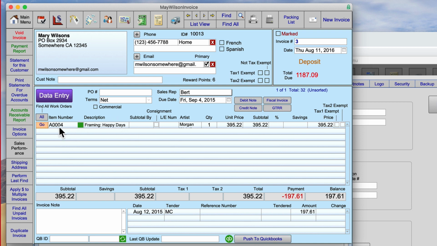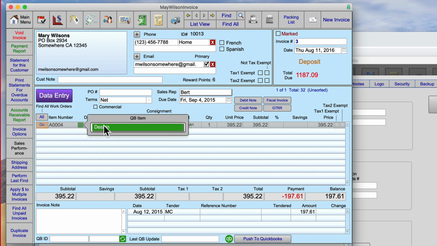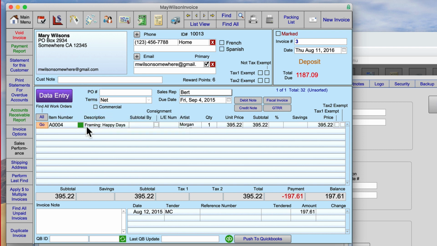One thing about the FrameReady QuickBooks integration is that each of your line items in FrameReady has to be associated with a QuickBooks item. So we have a little green check box here showing that this line item has been associated with a QuickBooks item for accounting purposes. And so once we have a green line item there, we just push that up